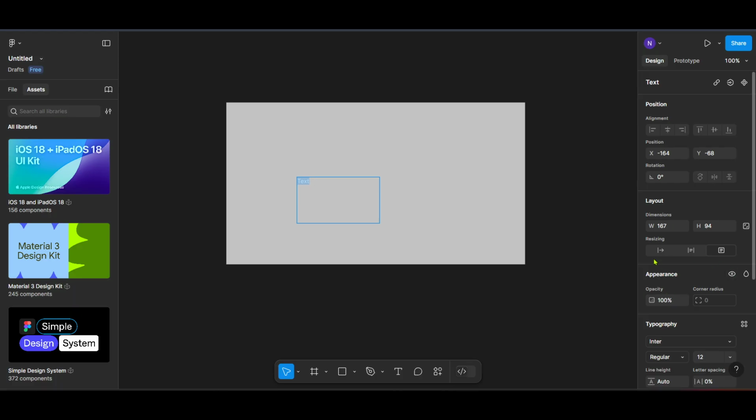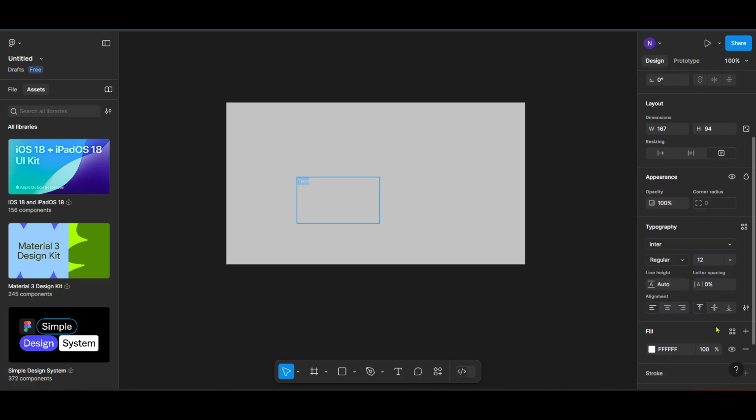To change the font size, click into the size field within the typography section. You can either type in a new size or use the increment arrows to adjust the size up or down, whichever best fits your design needs. You'll notice how the text updates in real time, allowing you to see immediately how your changes affect the overall